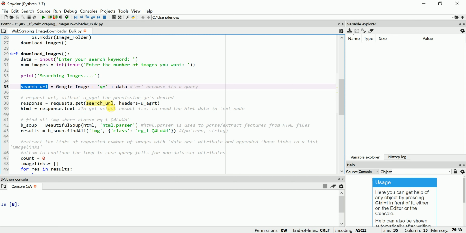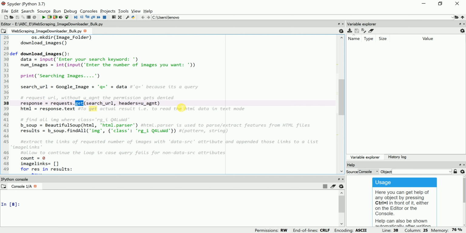The difference is that the get method transfers the data through the URL and appends it to the URL, whereas the post method sends the data in the message body, and post is more secure.